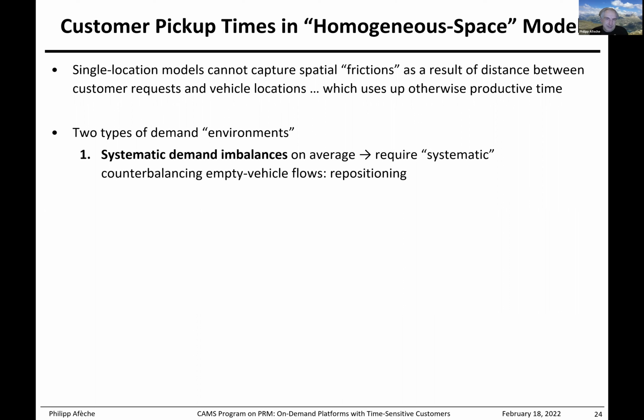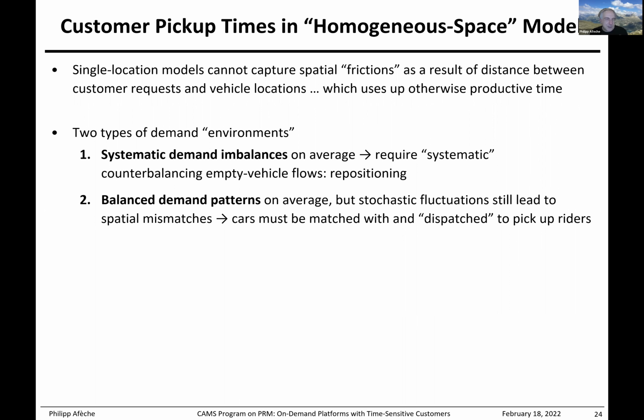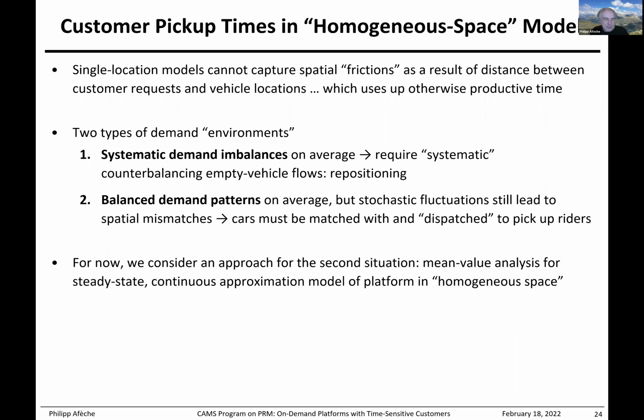So I'm going to look at that type of question on Monday. A second situation is that on average, you have balanced demand, but still because of stochastic fluctuations, right? It's not like anytime somebody wants a trip that there happens to be a car right there, right? So you somehow need to bridge this distance, and you must match cars with riders and dispatch them to pick them up, right? So we're going to focus on this second situation and look at a model that is doing a mean value analysis for a model in steady state,